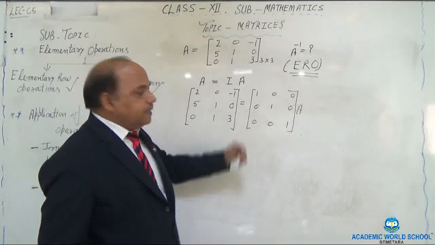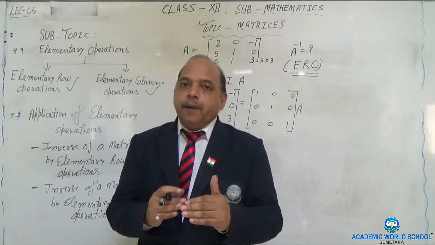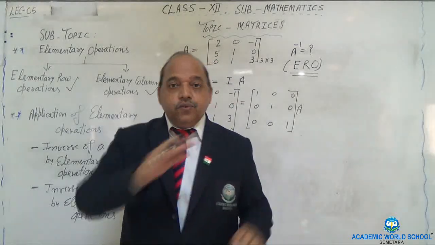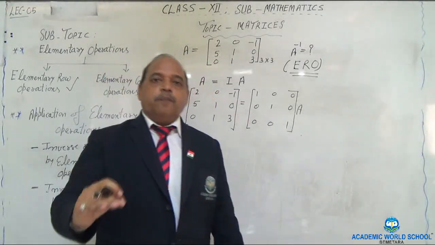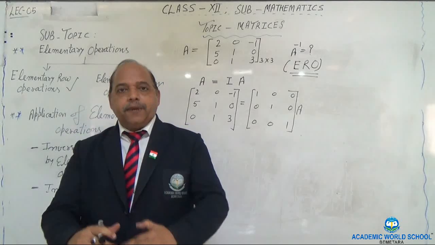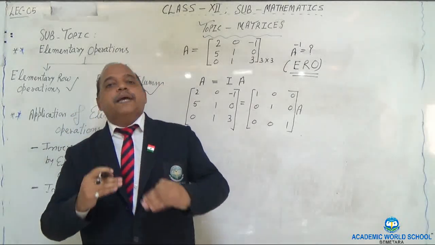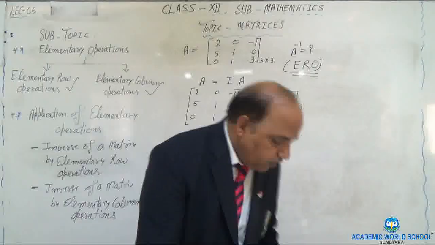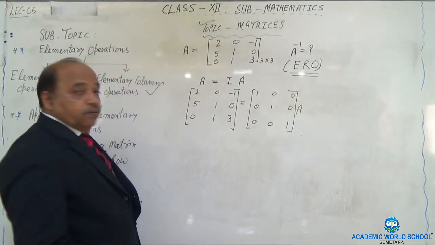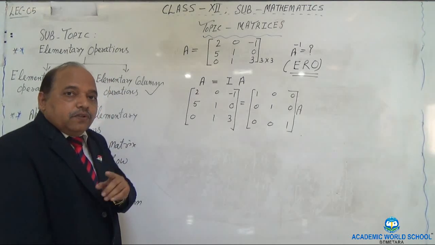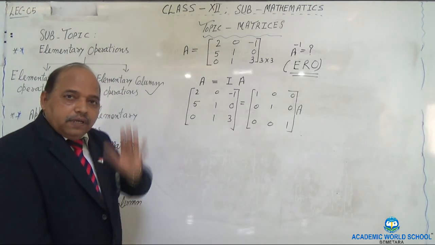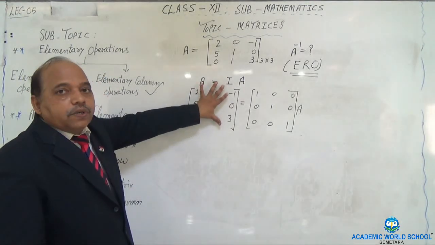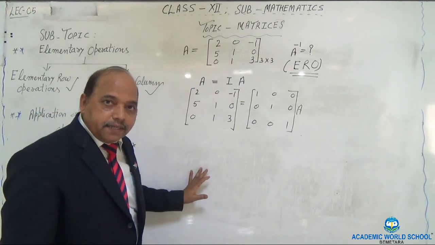And after this, whatever operations you will be applying, you need to write that. First write what operations you want to apply, right? And then apply that. This is the way you have to proceed step by step. Okay, fine, let's begin. What are we supposed to do? Always remember, this we have to convert into identity matrix.